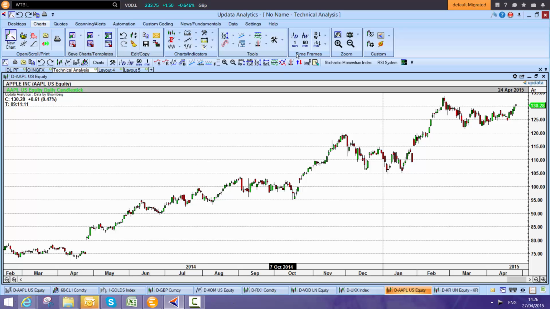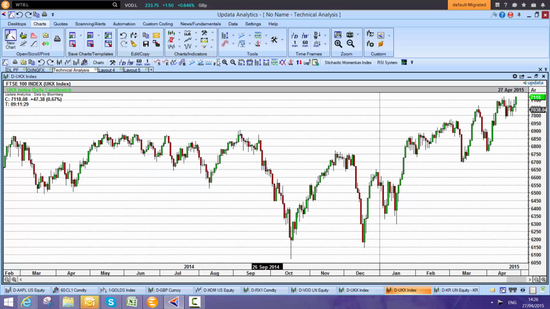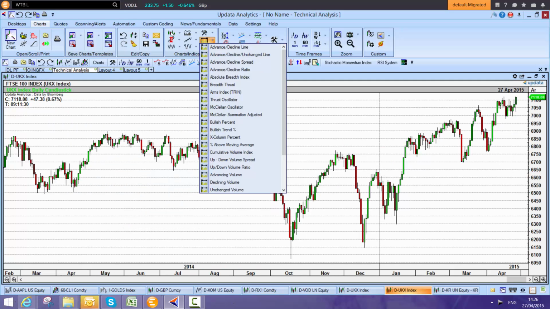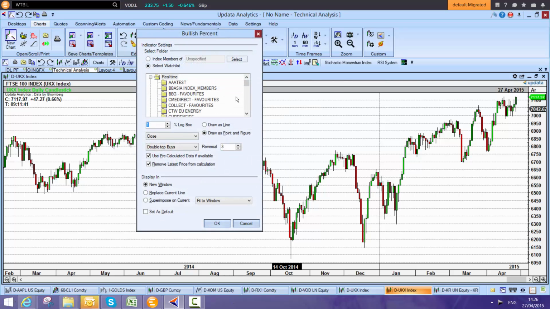your charts into presentations. Perhaps one of the big ones in Updater, if I just go F to change this, so if I look at, say, something like the UK stock market, one thing that's really popular for most analysts are these market breadth tools, and there's a whole series of these advance decline lines. And what this will do is it will take a predefined list. So if I want to go and grab the bullish percent tool, I go down and I find my UKX index members, and I will draw this as a line chart, and it will